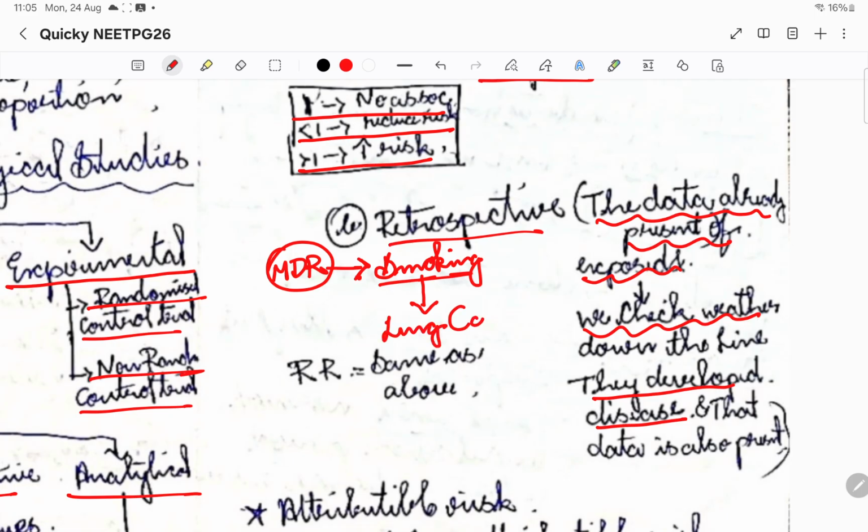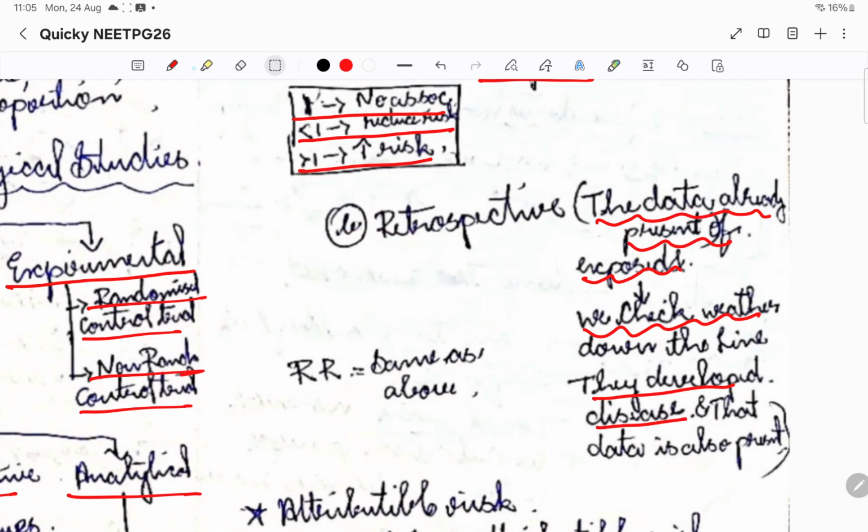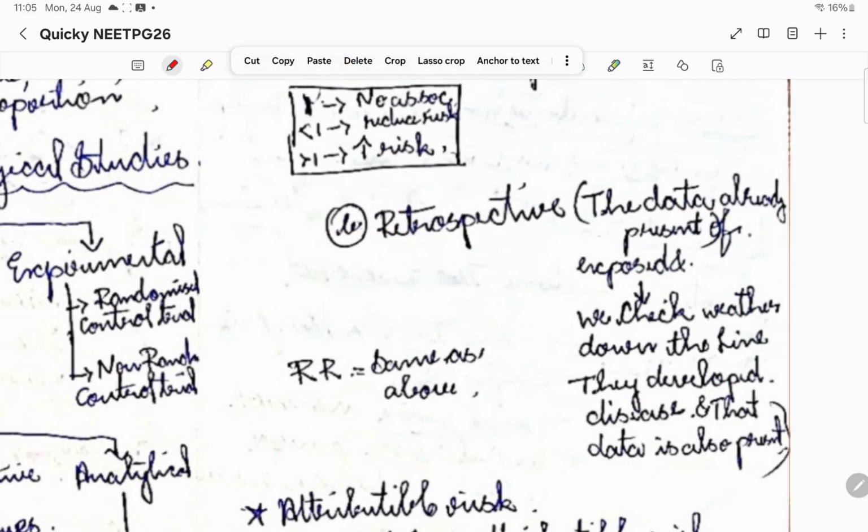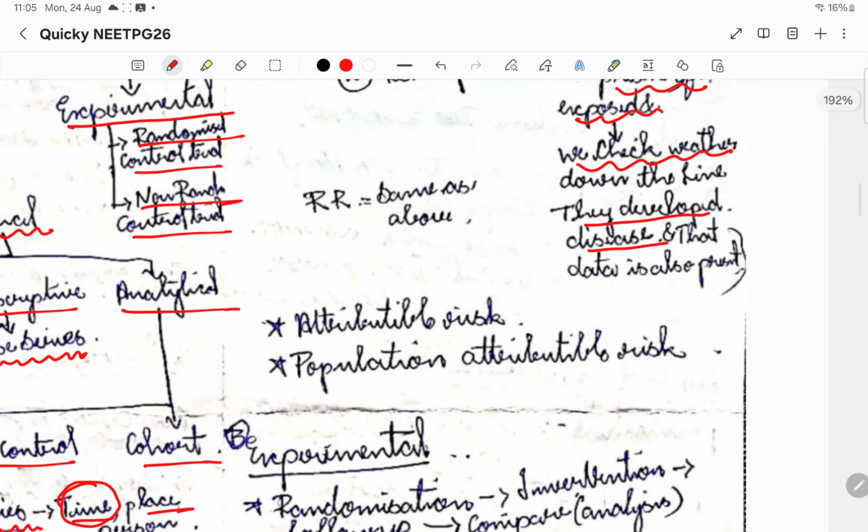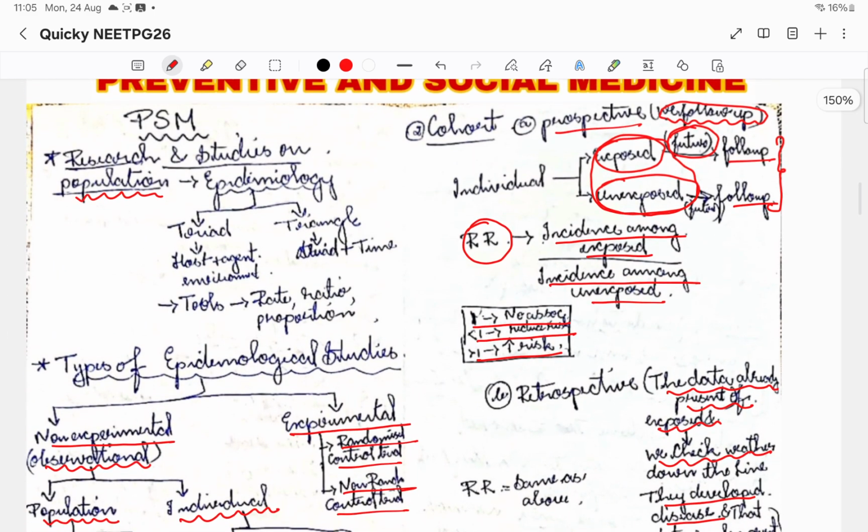This data is also present. I am just cross matching whether these people developed lung cancer or there was no lung cancer. So this is retrospective, and all the data is present. Meaning what I was trying to tell is, in both retrospective and prospective study, basically it is